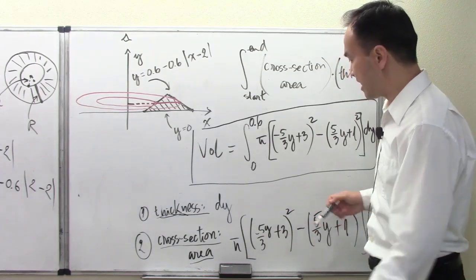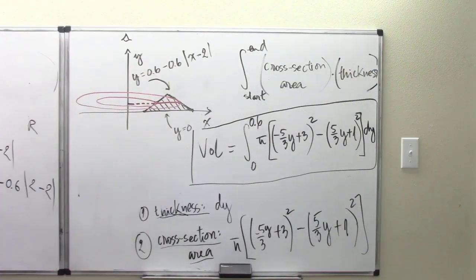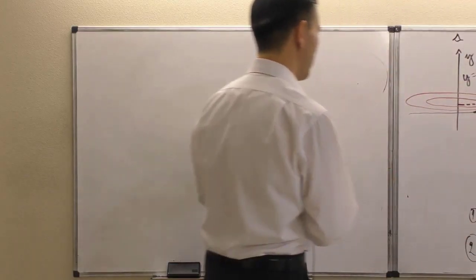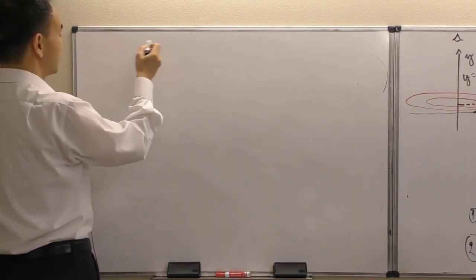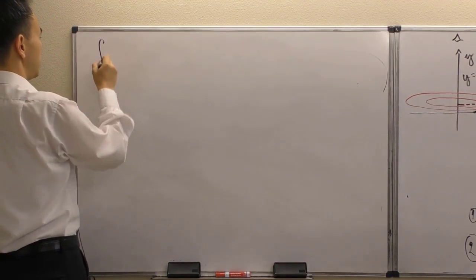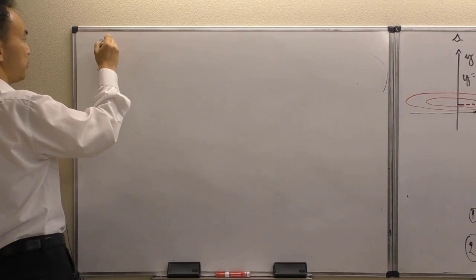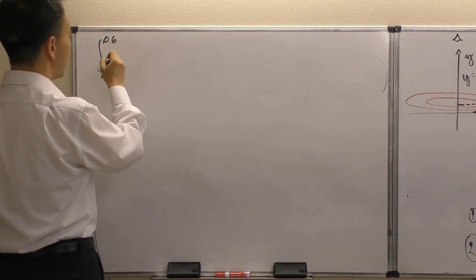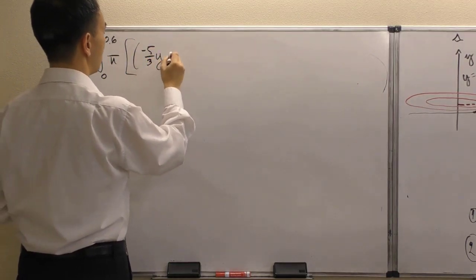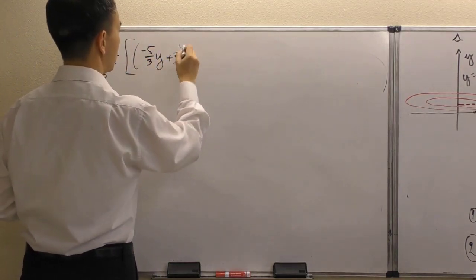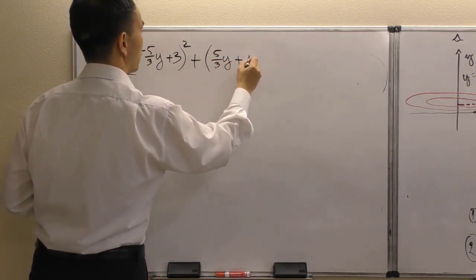Okay, so now I am going to erase the board on my other board, and now we are ready for solving it. So the integral currently that we came up with for ourselves here is an integral accumulation from 0 to 0.6. Okay, and then we have pi, and then the minus 5/3 y plus 3 all squared plus positive 5/3 y plus 1 all squared